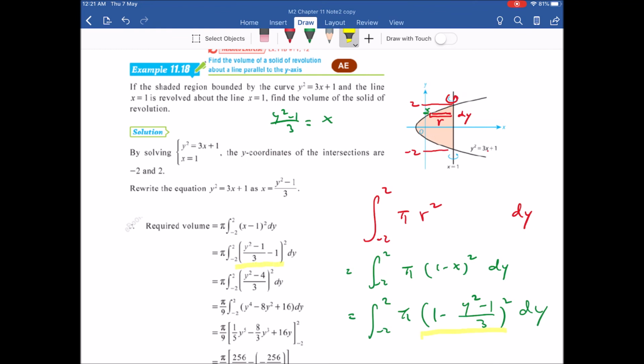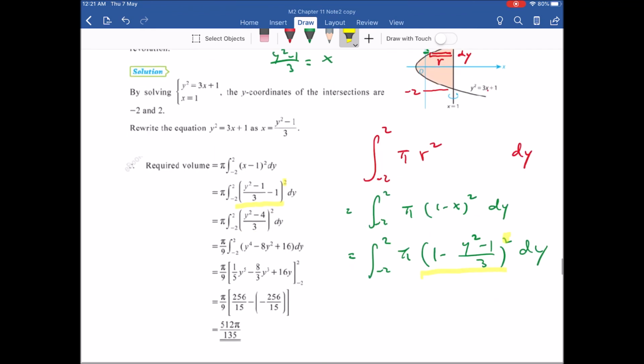You see that this term is the same as this term. You see that the order is different, but if squared, they are equal. Okay, so this integral is not difficult, and then you find this ugly answer. Okay, try to